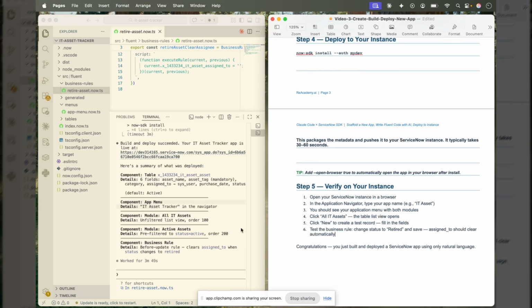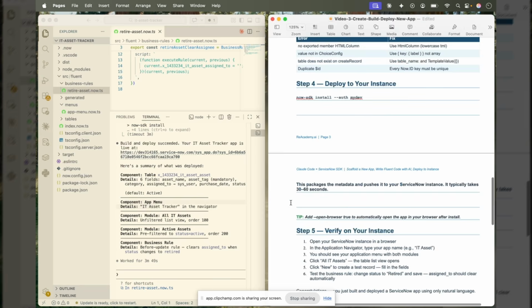So in the next video, what we are going to do is update an existing application, because creating a new application is fine. We get many development requests related to that, but I think the primary development request comes from updating an existing application. I've already created some applications natively. They have not been created on ServiceNow SDK. So we are going to transform them into ServiceNow SDK compatible applications and then update them. So please watch video 4 of this